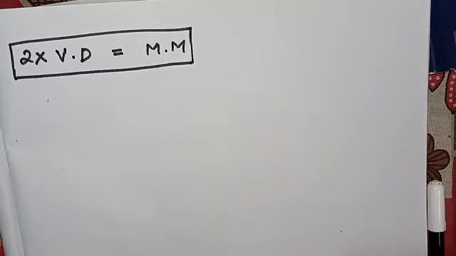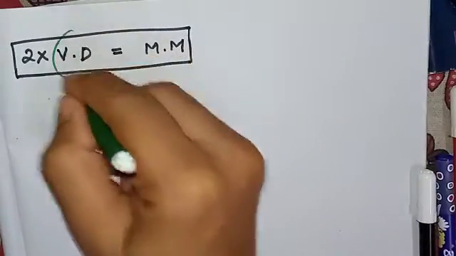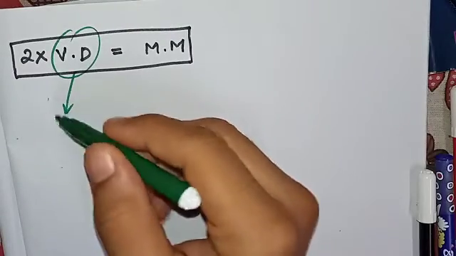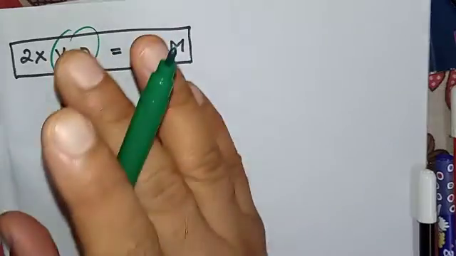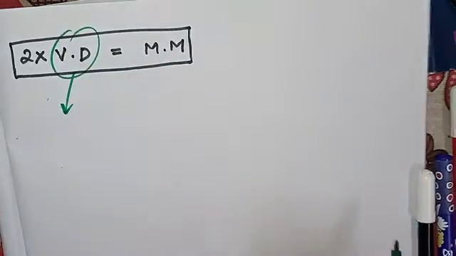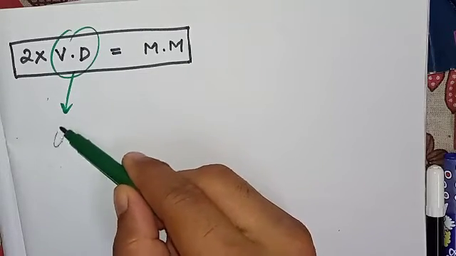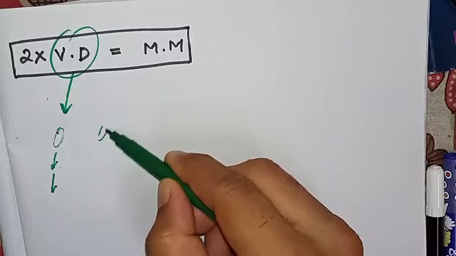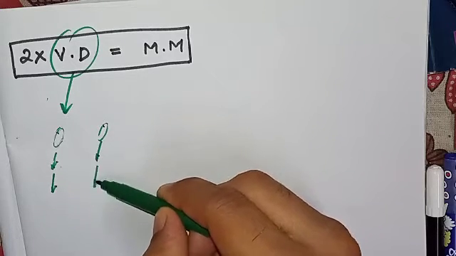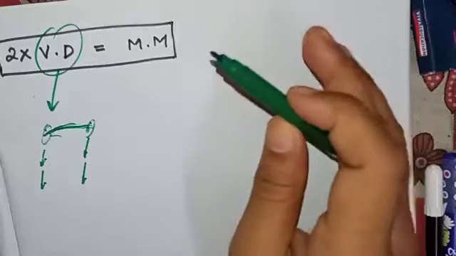So in the previous video you understood the concept of vapor density. What is vapor density? Vapor density is the ratio of the masses of equal volume of a gas and hydrogen under the same condition of temperature and pressure. So if you take a particular volume of a gas under a particular temperature and pressure, and you take the same volume of hydrogen under the same condition of temperature and pressure, the ratio between the masses of these two samples will give you the vapor density. Okay, it's clear to you.